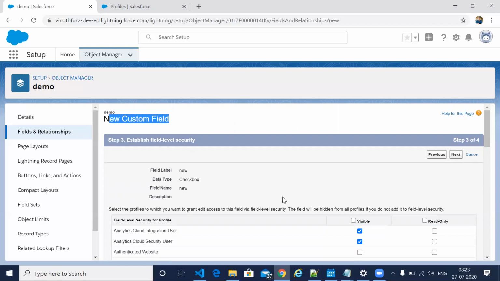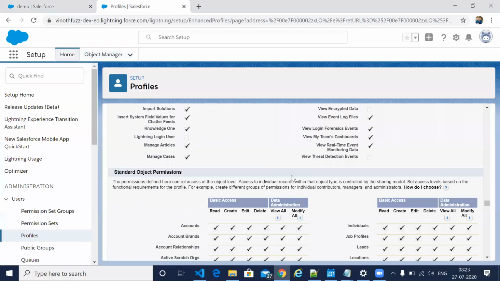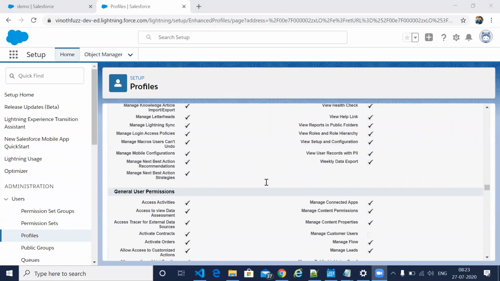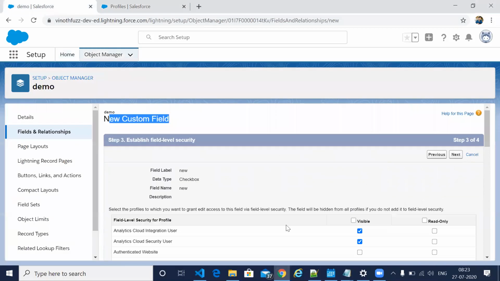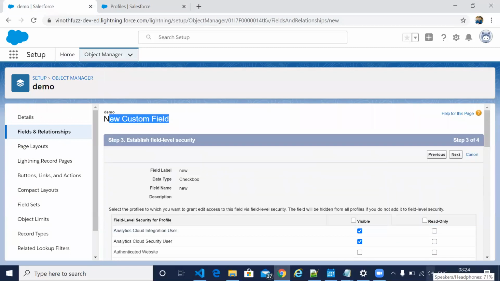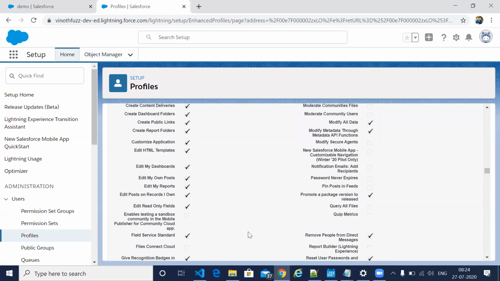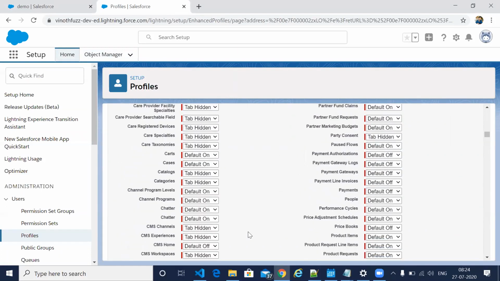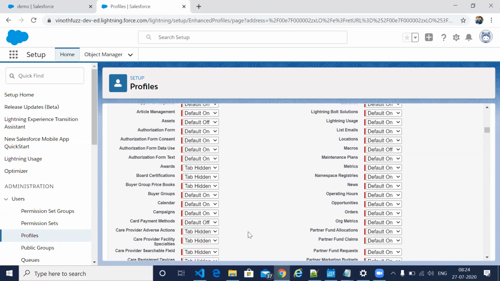So whenever you have already created it, then can we again go and change that particular setting? If you have changed it, you can do it here in profile. Whenever you are creating a new object or profile or fields, you can just change it here itself. Suppose if you forgot to do it here, in that case, you can come back to this profile and you can do it here also. See here, you will be able to change it also.